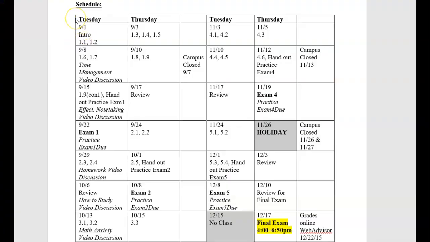So let's look and see how JAWS would read this table. And so I had created this long ago with no accessibility in mind because I didn't know. But if I were to have JAWS read this table, Table 1, uniform table, Tuesday, row 1 of 10, 9/1, row 2 of 10, end row 1.9/8, row 3 of 10. So the things to notice are if I'm working JAWS down linearly, it's skipping a week, it's not reading the Tuesday. I have my second semester over here on the right side, but there's no way to designate, oh, this